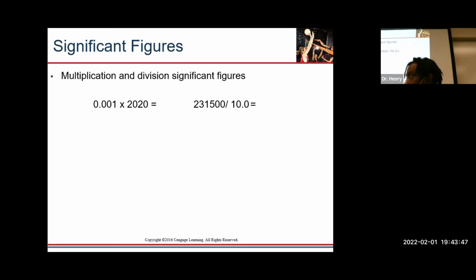The first one. And how many sig figs does it have? It has one sig fig, okay? Because we know these leading zeros don't count for sig figs. So, okay, when we do the math, our answer is going to be